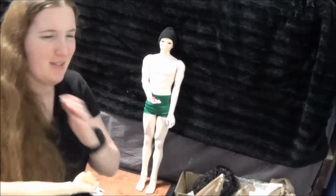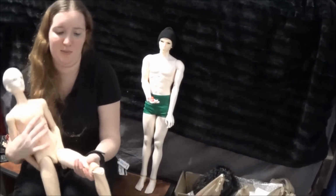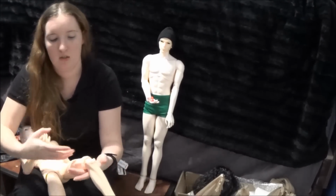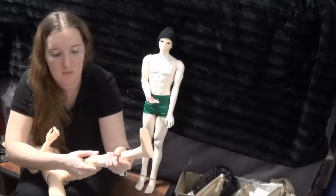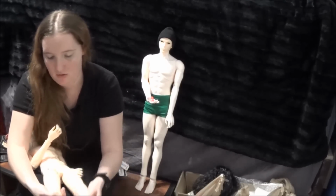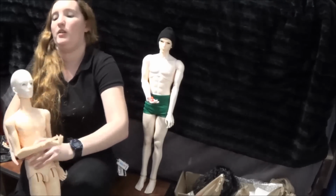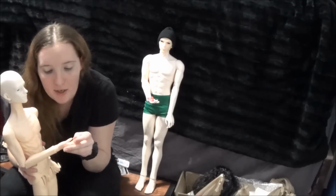You're not gonna be able to see his knees, but he's got knees that have what's called keying, where it has to be put in the right way, and it doesn't move there. They're a little wobbly. They're a pain to do, so I don't feel like doing them again. And his hands,